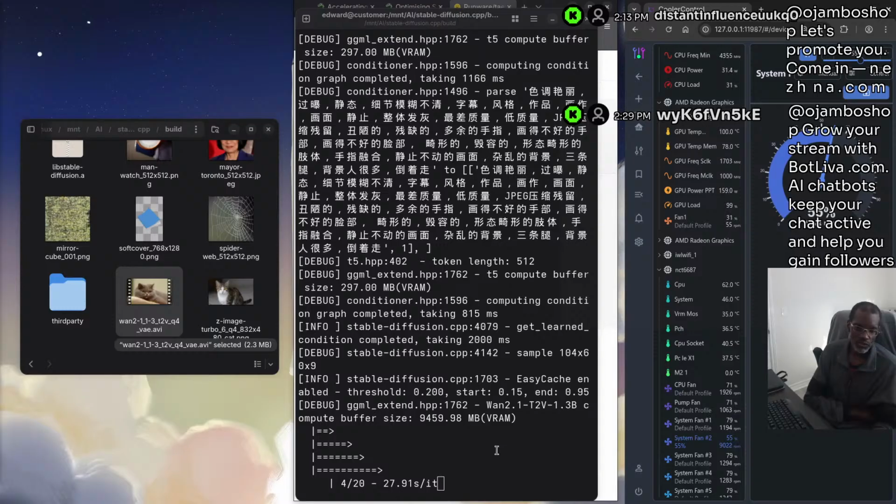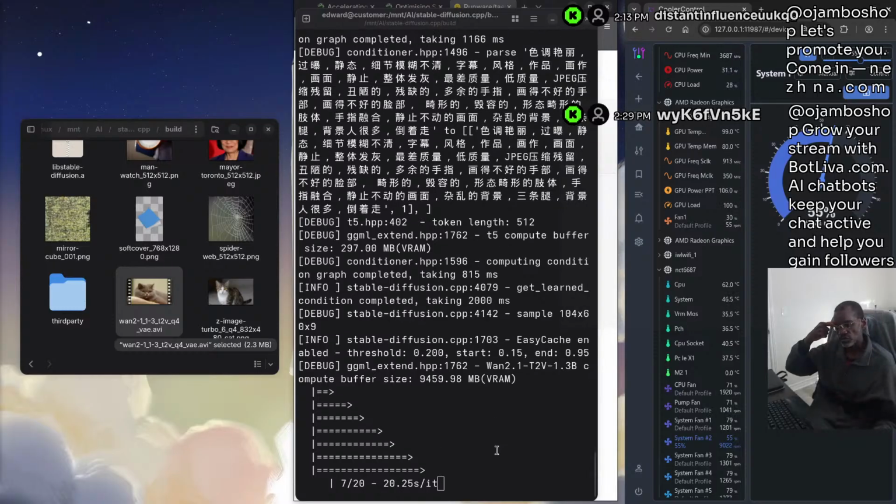Right now it's at the fourth step. You see it jumped from 4 to 7, so it's skipping some steps. And yeah, so hopefully